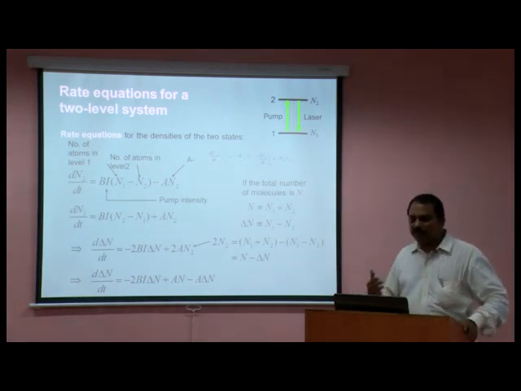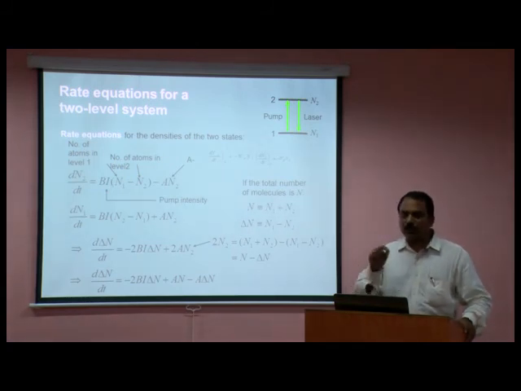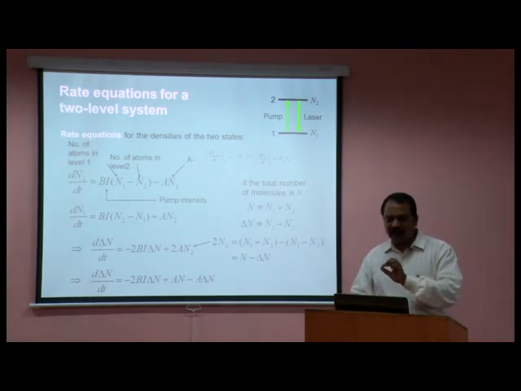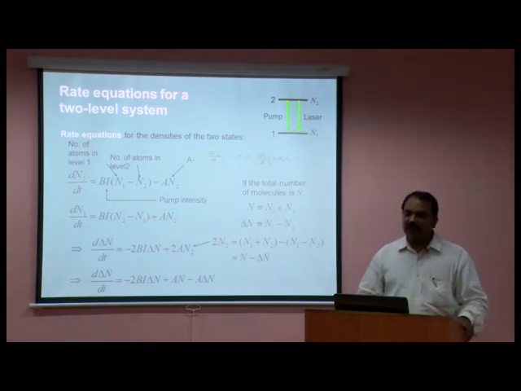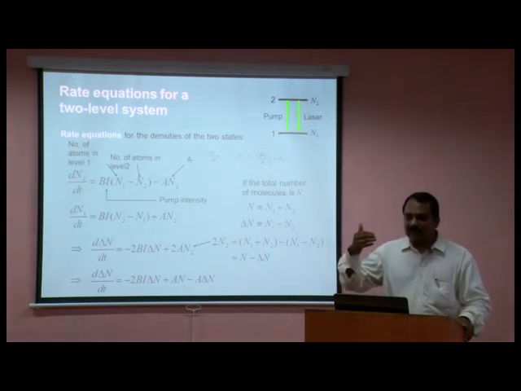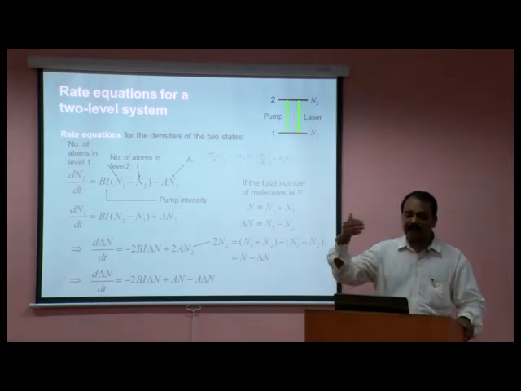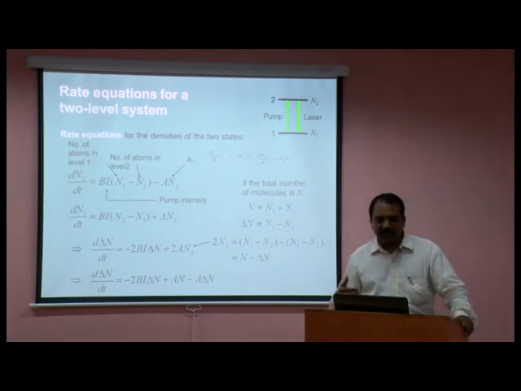And then because of pumping there is a depopulation of atoms from the first level. So, that could be signed as a minus. So, then accumulation of atoms in the first level is plus Bi(N2) and minus Bi(N1), and as well as by means of a spontaneous emission the atom can be populated in the first level from the second level. So, that could be written as minus